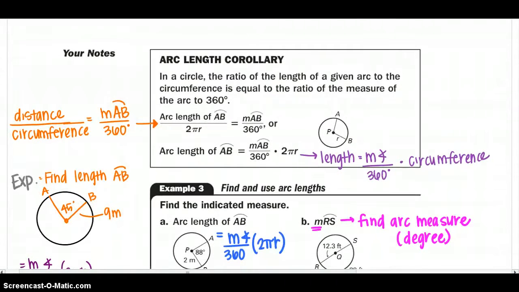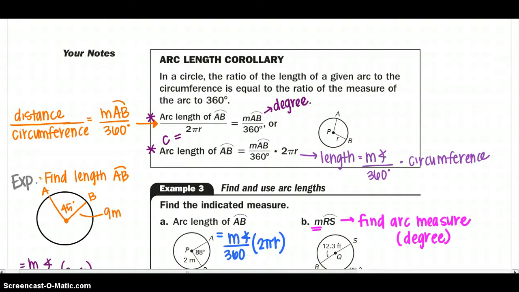Continuing on with our arc length corollary. So in a circle, the ratio of the length of a given arc to the circumference is equal to the ratio of the measure of the arc to 360. So they have given us 2 equations, just broken down a little bit differently. So I've rewritten them. The first one says the arc length of AB, remember length tells us in not degrees right now. So arc length over circumference, remember 2 pi r really gives us our circumference, equals the measure of AB, that will be in degrees,